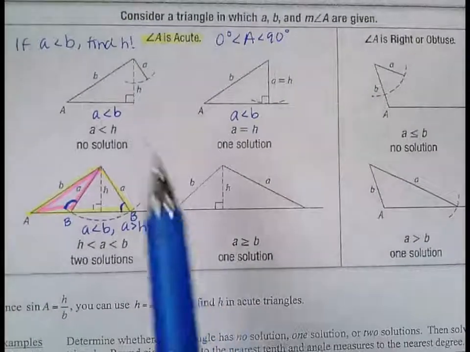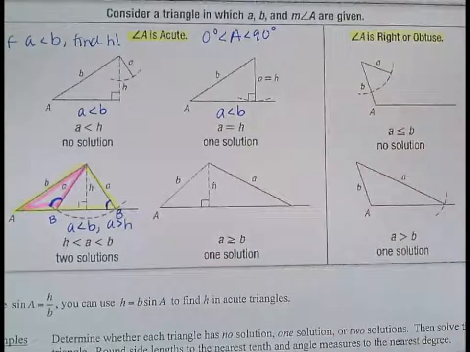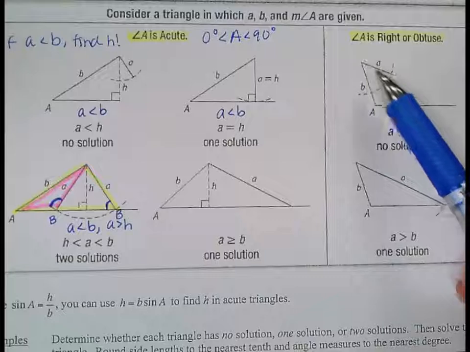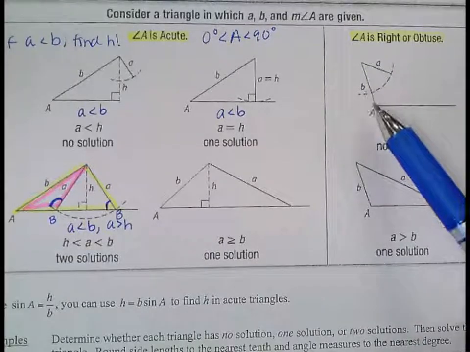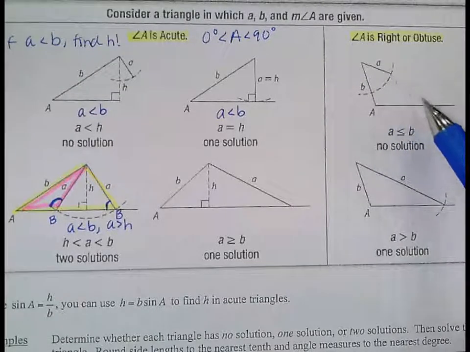So that's all if A is an acute angle. If A is a right angle or an obtuse angle, so 90 degrees or larger than 90 degrees, then it's possible to have no solution or one solution, and all you have to do is compare A to B. So if A is less than or equal to B, there's no solution. This kind of shows why here, given the length of A compared to B and the fact that A would be obtuse or right. It's impossible for the side length A to reach down far enough to actually create a